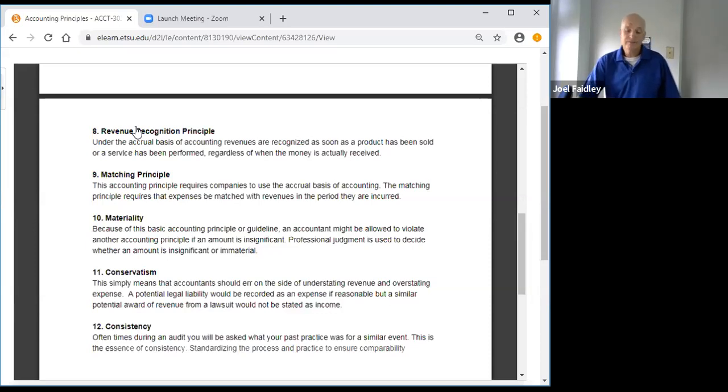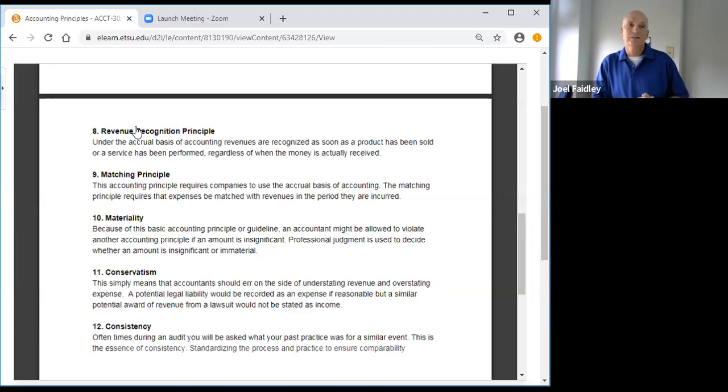And then finally, consistency. I can't tell you how many times I've had to ask my external auditors for guidance when I'm not sure how to handle a particular situation on my books. They're the ones that are going to look at your books, examine them, and give an opinion. You want to make sure you're following their guidelines. And every time I would ask them, they said, well, what did you do last time? Or do you have a similar situation? Because they want you to be consistent.